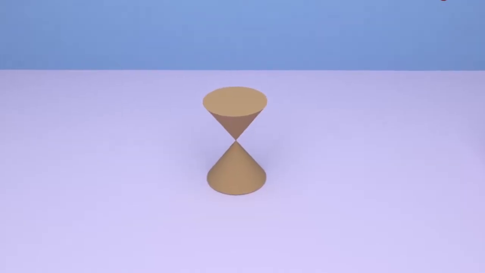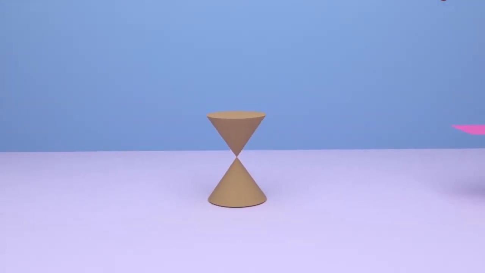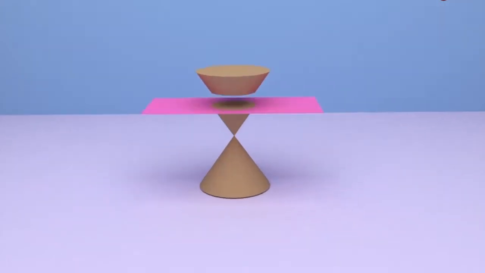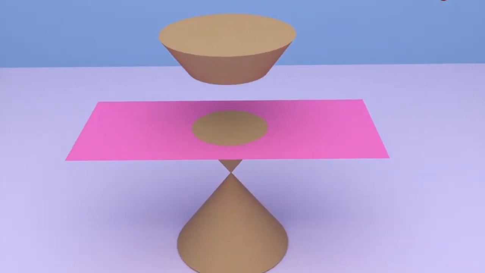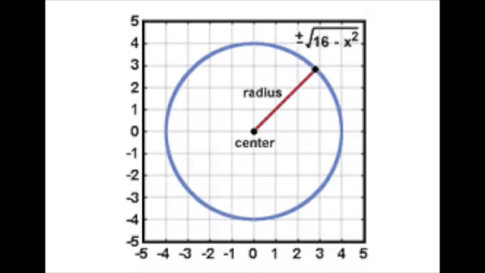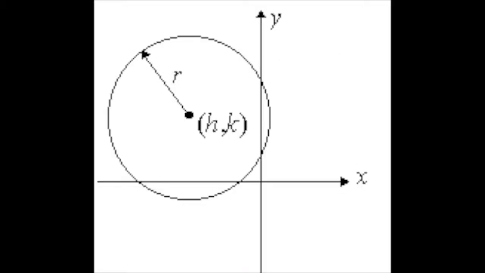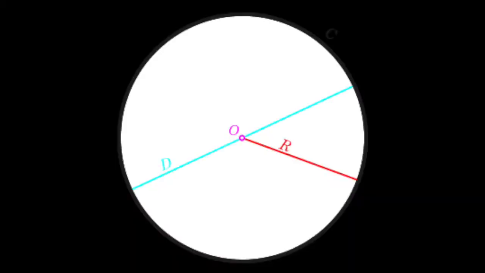A conic section is the intersection of a plane and a cone. A circle is the locus of all points a constant distance from a point and forming a circumference. The main characteristics are a center, that is a point inside the circle represented by h, k, a radius, that